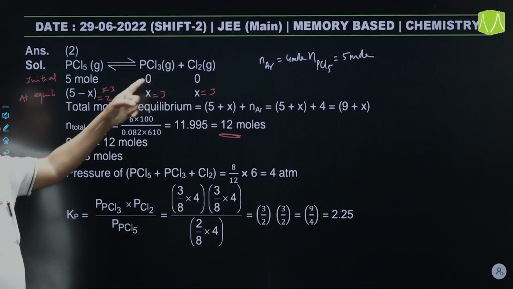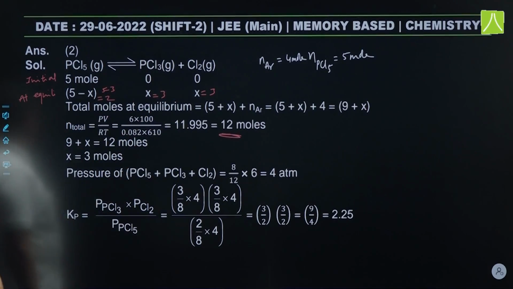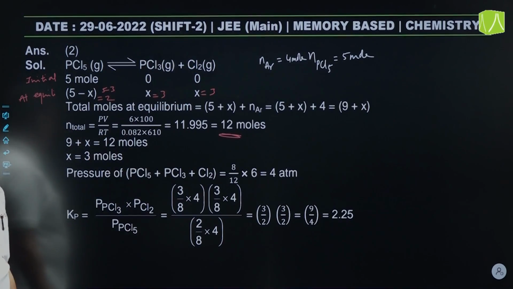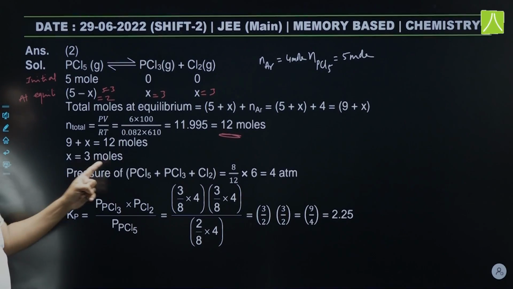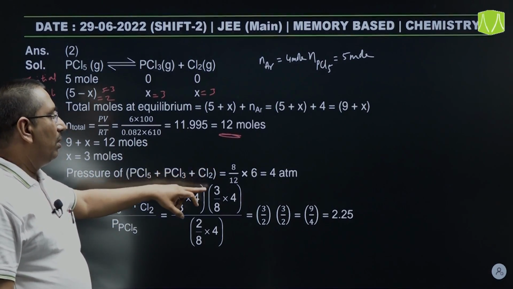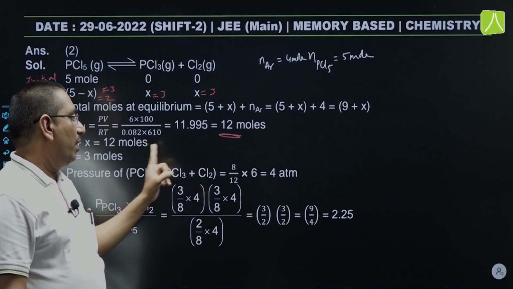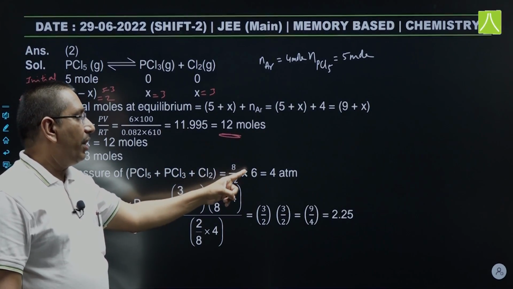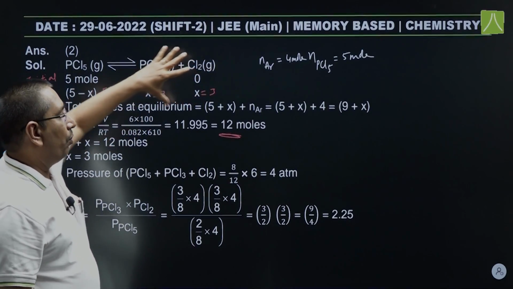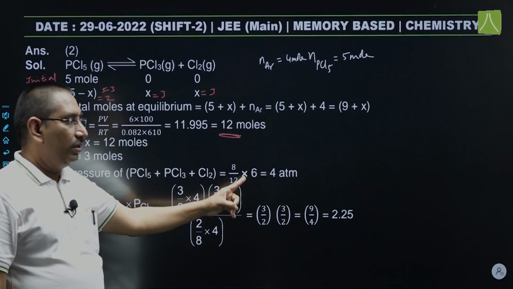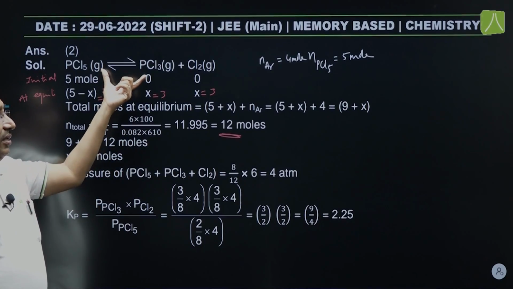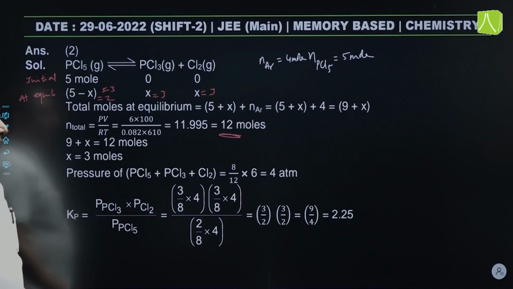तो इक्विलिब्रियम में टोटल मोल्स कितना आ रहा है, 2 प्लस 3 प्लस 3, 8 मोल आ गया। ये इस रिएक्शन की मोल्स 8 मोल्स है एट इक्विलिब्रियम। इसके अलावा आर्गन का मोल्स भी है। अब इसमें प्रेशर ऑफ दिस मिक्सचर हम कैलकुलेट कर रहे हैं, और टोटल मिक्सचर की मोल्स 8 मोल्स है, और इंक्लूडिंग आर्गन 12। सो मिक्सचर की मोल्स अपॉन टोटल मोल्स करेंगे तो ये मोल फ्रैक्शन है, इनटू 6, ये 6 टोटल गैसियस मिक्सचर की, PCl5, PCl3, Cl2 एंड आर्गन, टोटल मिक्सचर की प्रेशर एट इक्विलिब्रियम 6 atm दिया है। सो 8/12 इंटू 6 दैट इक्वल टू 4 atm। सो ये 4 atm PCl5, PCl3 एंड Cl2 का इक्विलिब्रियम प्रेशर हो गया,